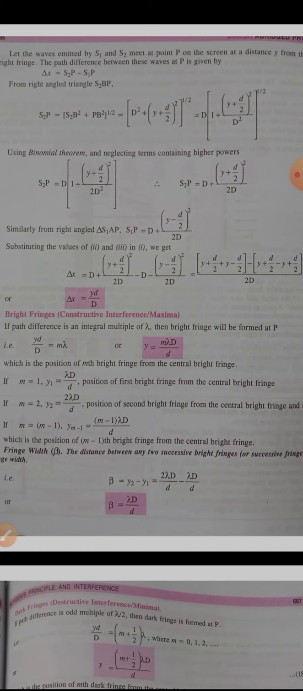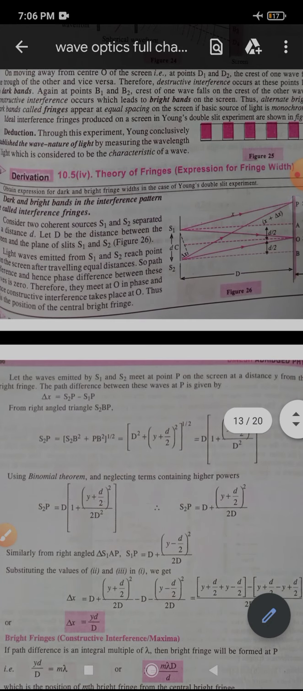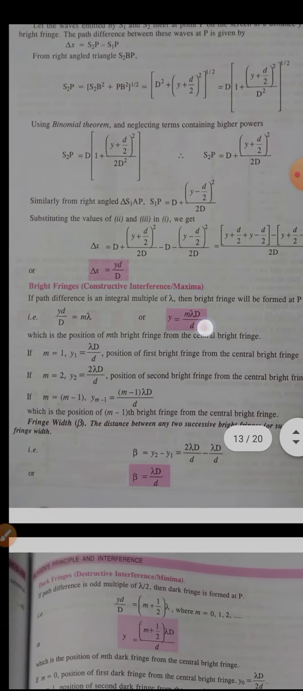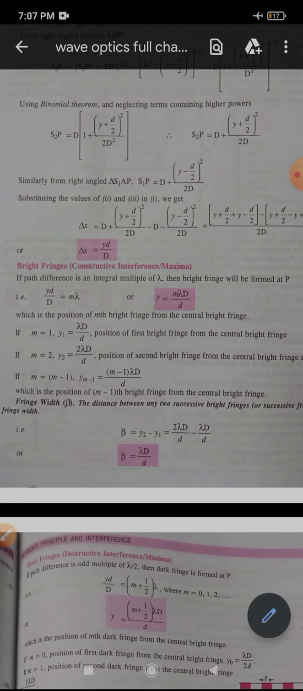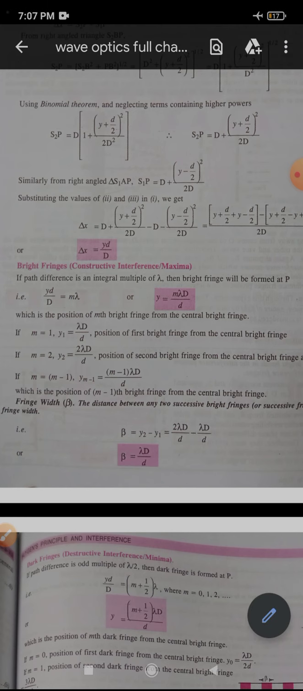And next, for bright fringes, that is the constructive interference, if the path difference is an integral multiple of lambda. We know that to get constructive interference, we have to get a path difference that is an integral multiple of lambda. Then a bright fringe will be formed at point P. So Yd divided by D, which we have calculated for point P, is equal to m lambda, or we can write Y is equal to m lambda D divided by d,